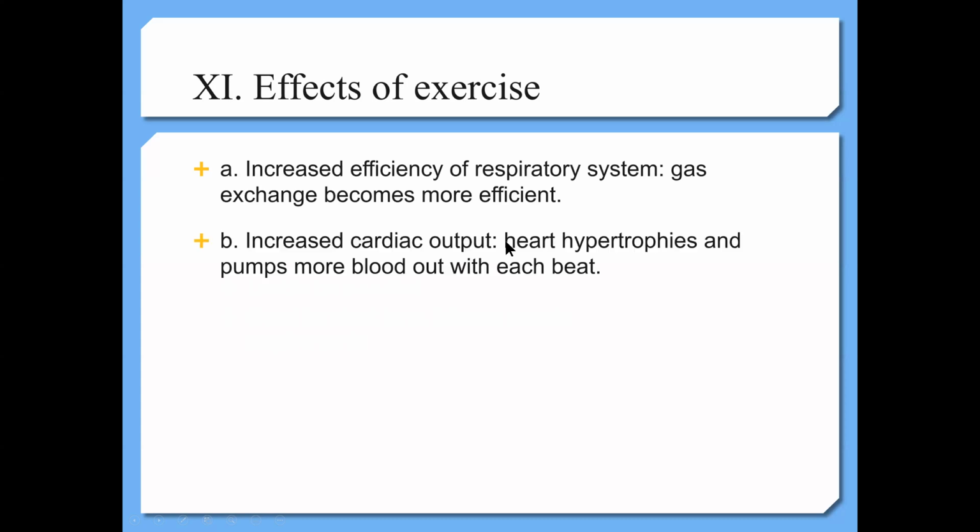We don't create new muscle cells. We can increase cardiac output. The heart hypertrophies. It pumps more blood out on each beat, and it pumps it at a slower rate per work demand, okay? And if you're an endurance athlete, or maybe not even an endurance athlete, you're going to get hooked up to the machine that's going to measure your gas in, gas out, measure all these things, and you're going to have EKGs and blood pressure monitors and everything like that, and they're going to see what your efficiency is,